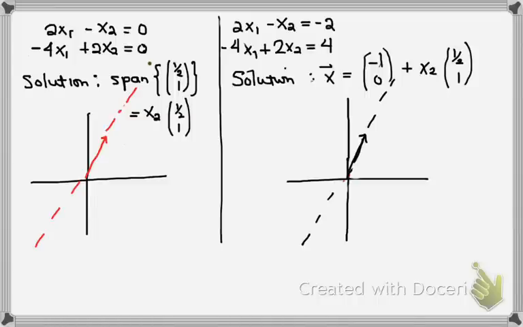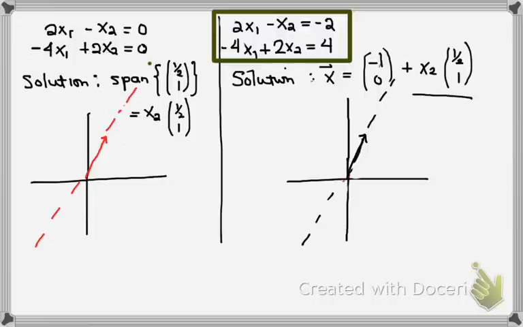To draw the solution to the non-homogeneous equation, so that's the equation over here, notice again that it has the homogeneous solution. What you see currently drawn on the right-hand side is the solution to the homogeneous equation, as we have the red line on the left-hand side. So how do I get the solution to the non-homogeneous equation? I take this graph of this line that goes through 1/2, 1, and I add to it the vector -1, 0. So -1, 0 looks like this. And so what I do is I add that vector -1, 0 to every point along this line. The result of doing that is the following line. This is the homogeneous solution plus the particular solution, or the solution to the